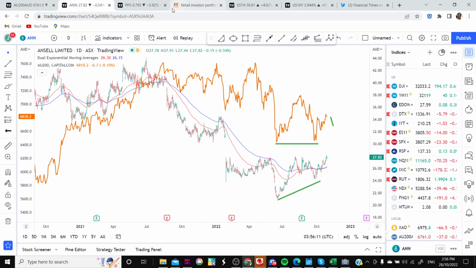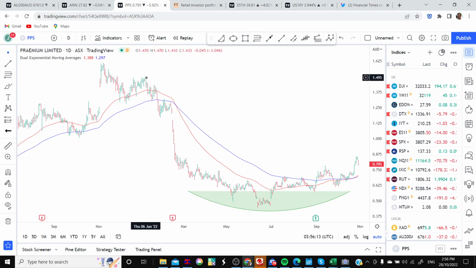I'll give you another example. This is a smaller stock. It's a stock called Premium Limited, ticker code PPS, and this is involved in financial service technology. An interesting stock. Again, it was one to avoid for much of this year. Once the share price broke down, those moving averages turned, the price was below. There's no buying the dip during this period because it's a treacherous time to buy the dip